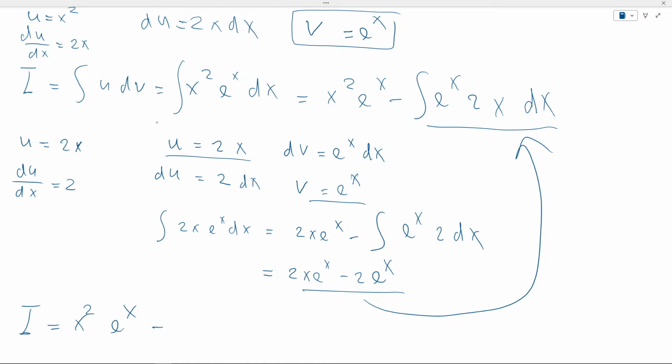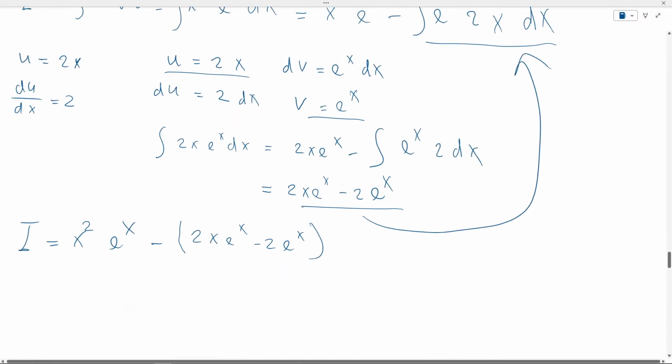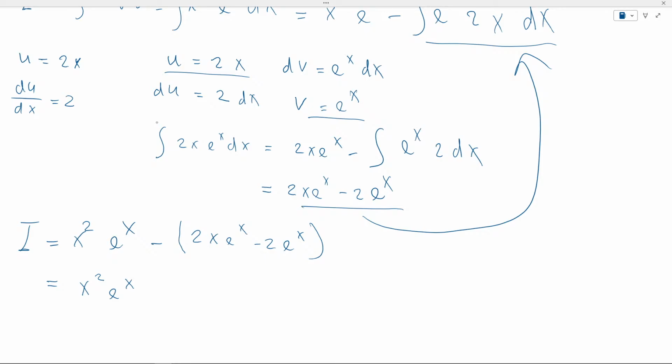Negative this, so that would be equal to x squared e to the power x minus 2x e to the power x plus 2e to the power x